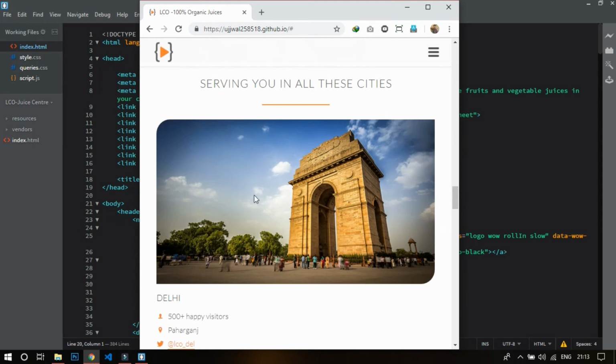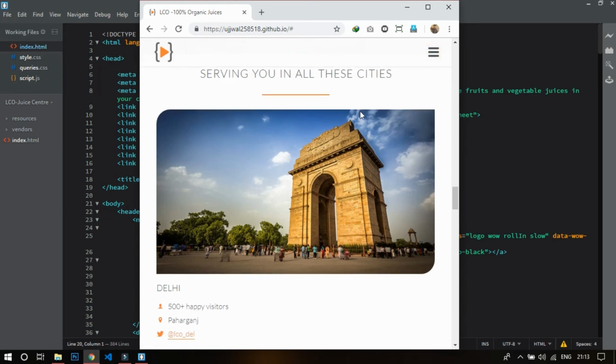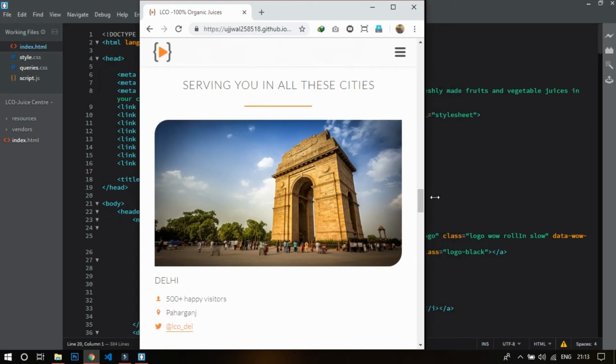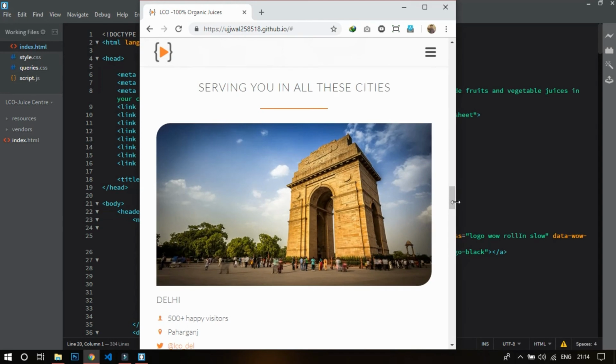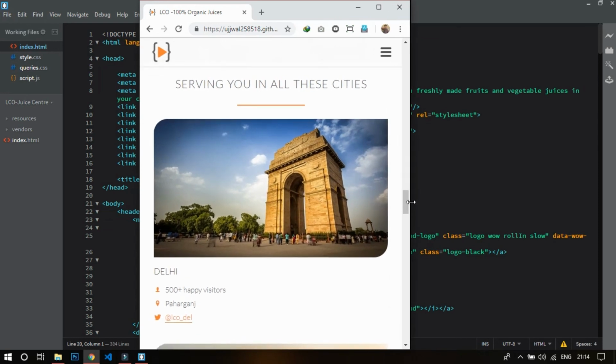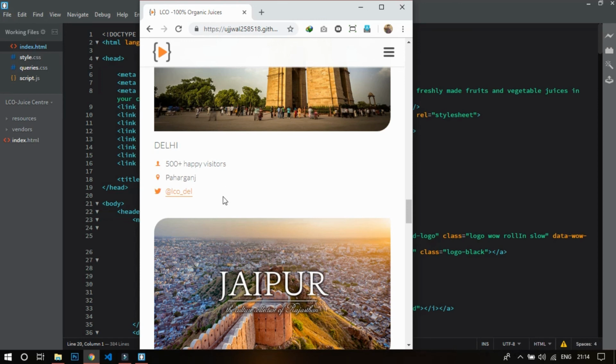Now below this we have the cities section. Now we can also go to these sections from this navigation. Now in the cities section we have this large picture which represents what city we are viewing. This image is also responsive. We have this responsive kind of image, and below this these are all the details. The same effects are still there,